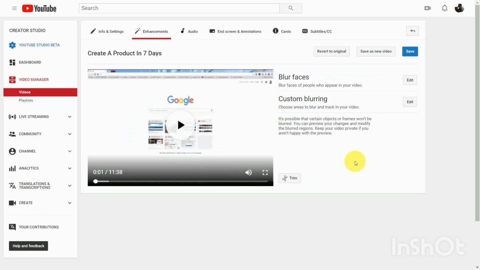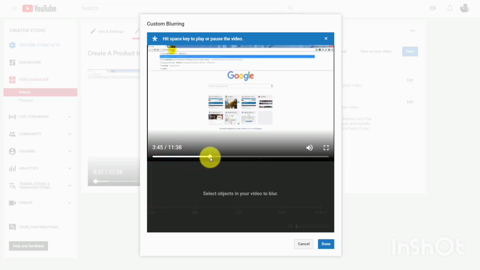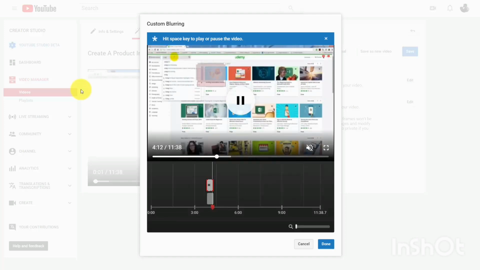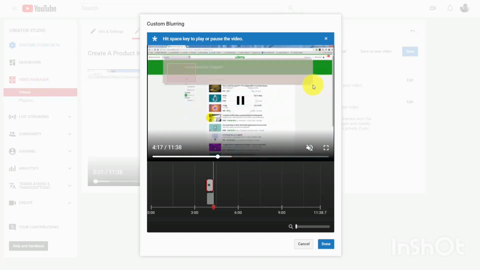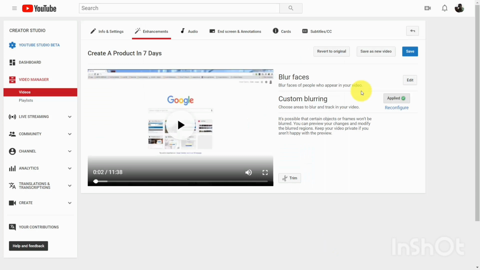We can also choose specific areas of our video to be blurred. So we click this Edit button. What's going to happen is we're going to then select where we want the blurring to occur. In this case, we can select the objects that we want to have blurred. And when we find one, we can just drag out our bar and then click Done. We do that. Once it's been applied, we can save this, and we can have this video saved in place,